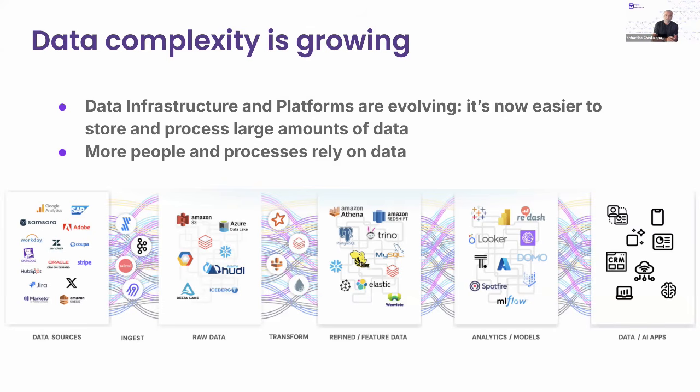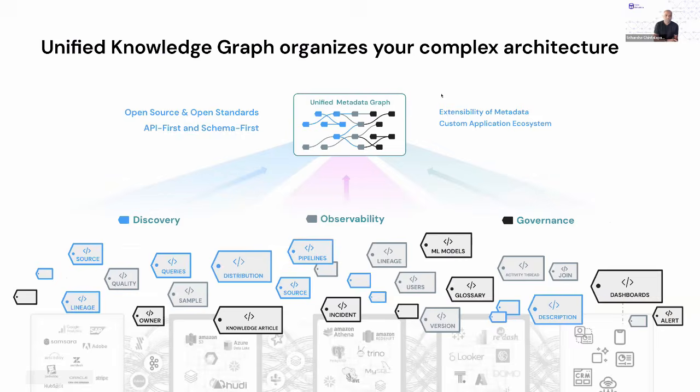When we were building this from day one, Open Metadata came as open source, with open standards, API and schema first. The reason was not only to get the physical metadata, but also the semantic information on top of it. So when we're building this unified knowledge graph, it's not just saying that this table is read by this particular pipeline and creates this dashboard, but it's also telling what data is actually flowing through this graph. Is it PII data?